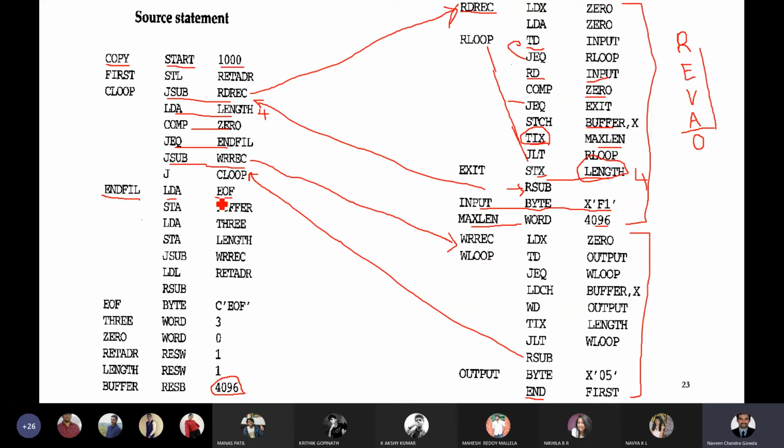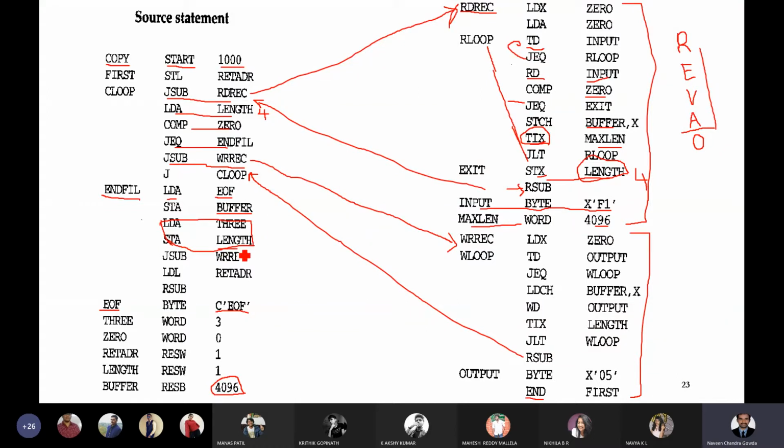You'll be storing EOF. But what is that EOF? You can observe that for the EOF, you already initialized EOF. What is this EOF? Those are the three characters E, O, and F, and that itself you will be putting into the buffer. As there are three characters in EOF, the length value we are going to initialize to 3. That's what you will be putting into the accumulator, the value 3.